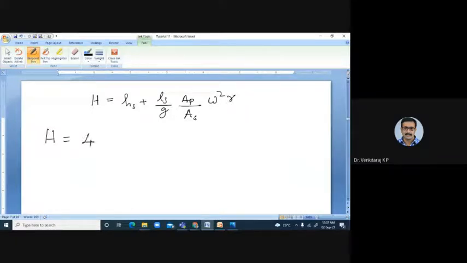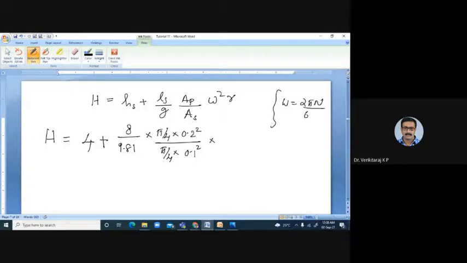HS is 4 plus LS, it is 8 meter, so 8 by 9.81 into piston or the cylinder area, it is 5 by 4 into 0.2 divided by suction pipe area, it is 5 by 4 into 100 mm, so it is 0.1 square into omega, it is angular speed, we can write as 2 pi n by 60,